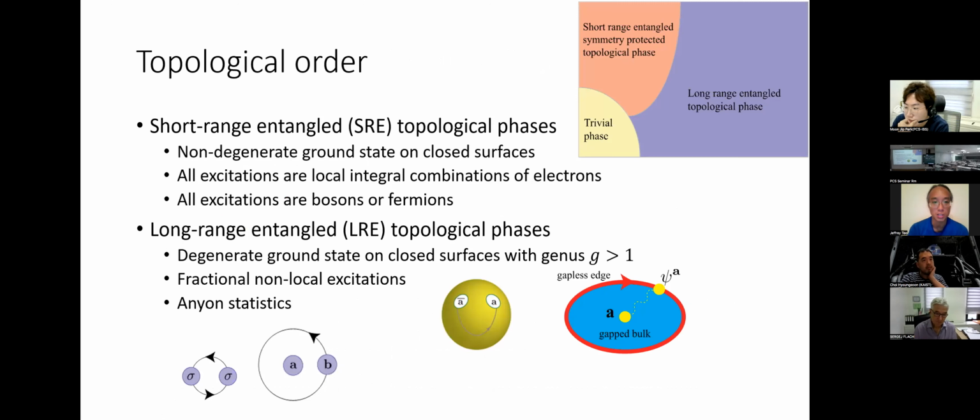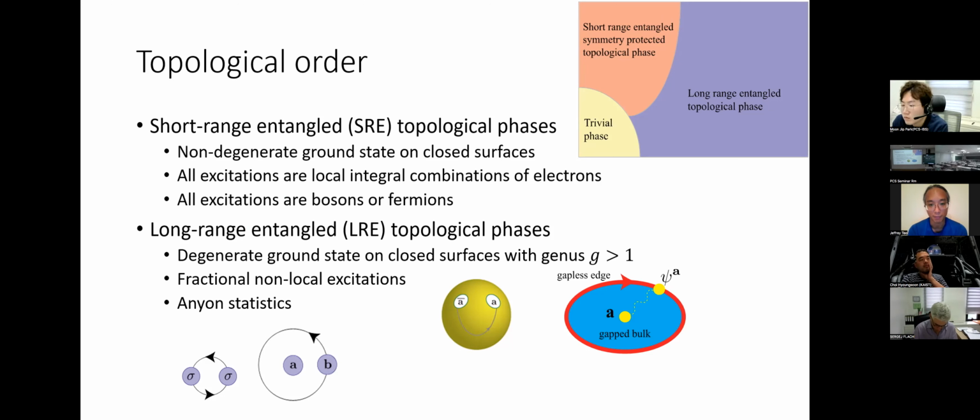So finally, in the introduction section, I'll define the notion of topological order, or separate into two classes. One is short-range entangled, and the other one is long-range entangled. What this means is that short-range entangled just means that it is an integral phase, and long-range entangled just means that it is a fractional one. So for example, in the short-range entangled state, if you put the topological phase on a closed surface, the ground state is non-degenerate, so you get one and only one ground state. On the other hand, for the fractional version, the long-range entangled one, if you put it on a high genus surface, with genus bigger than 0, like a torus, then you would have a degenerate ground state at the bottom.